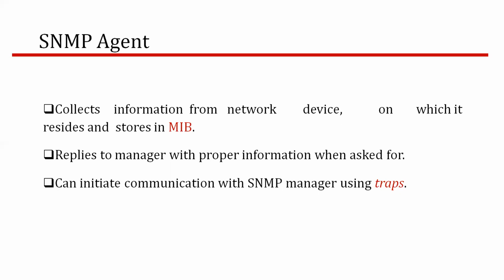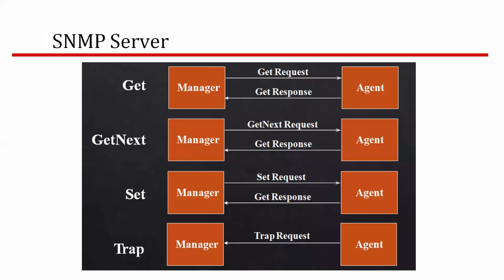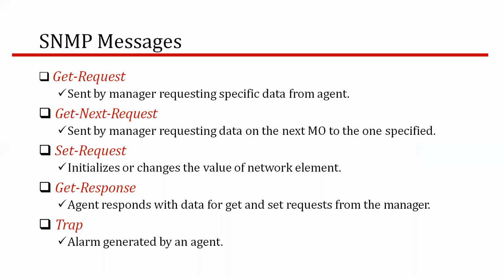The good thing in MIB is that it guarantees MIB variable names would not conflict with other identifiers. The bad thing in MIB is that the naming scheme arises from the length of variable names. Next shows the SNMP server. Here you are seeing how the messages are sent from the manager to the agent by get, get next, set and trap. Here we will see each response of SNMP.